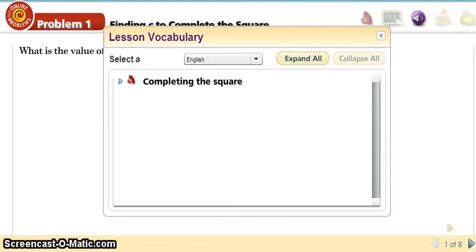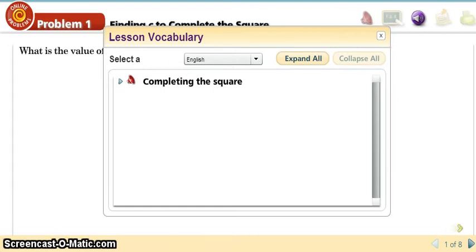We have been solving quadratic equations for several days now. We have solved quadratic equations by graphing. We've looked at the square root principle. We've looked at factoring. So now we're going to look at another way to solve quadratic equations, and that's by